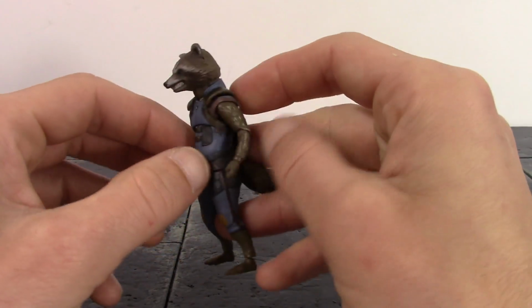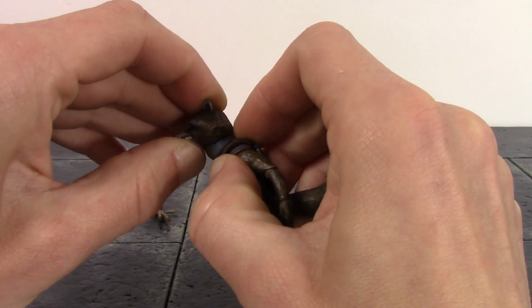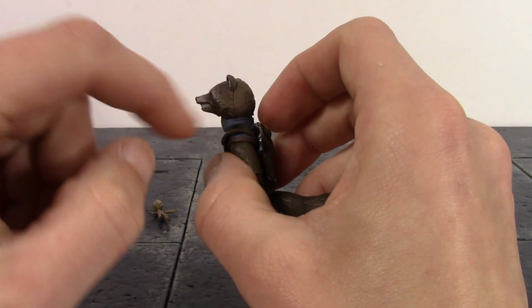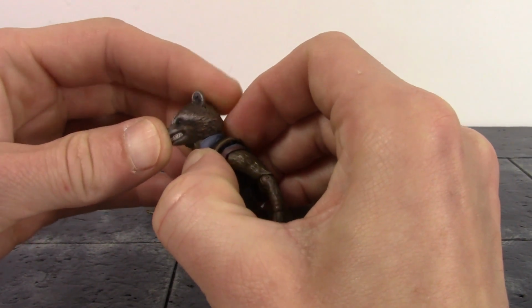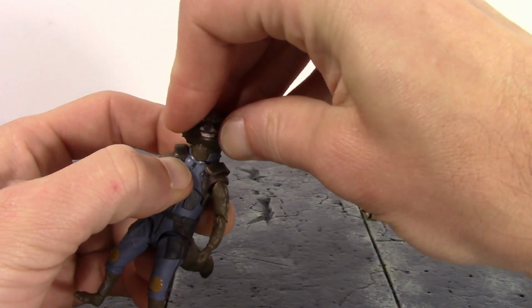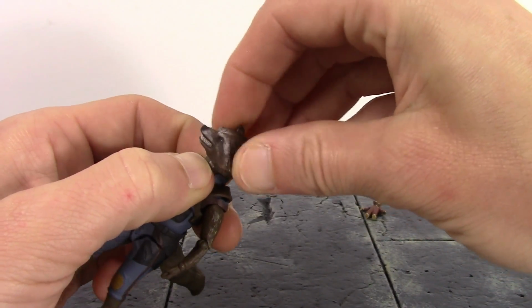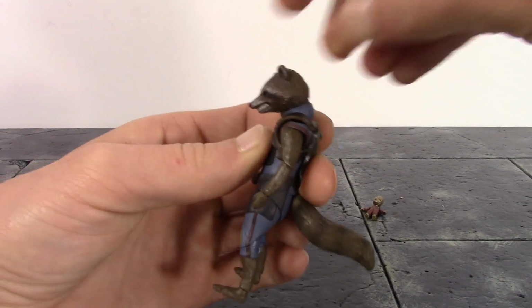Now for Rocket, once again, they worked in some really nice articulation for the size of this figure. So we have 2 joints at the neck, the upper neck joint. Rocket looks up about that much. It gets hindered by the collar there. And then going down, it just pretty much looks straight ahead. And then we do get some pretty good pivot at the upper neck, and then it also swivels. The lower neck joint does go forward a